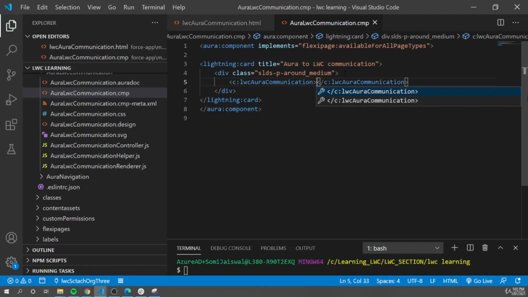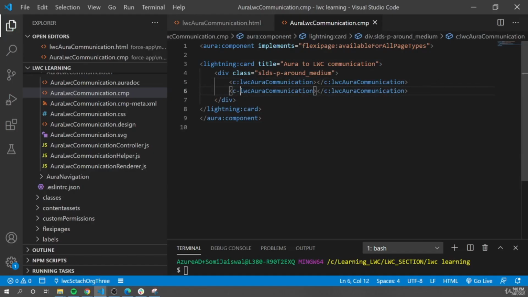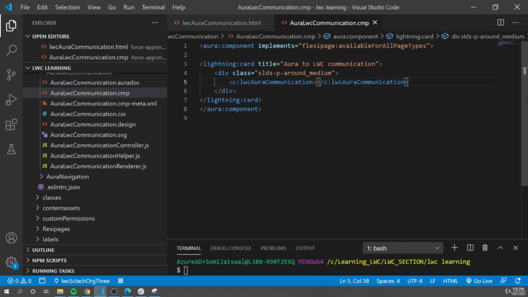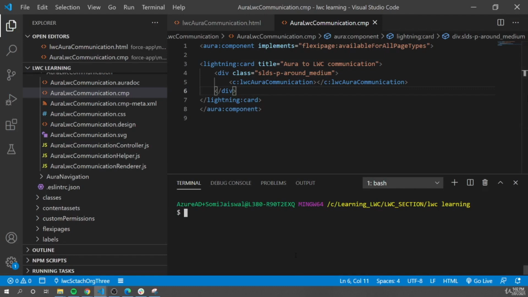and that's it. And in a Lightning web component, how we usually call this, we'll say c hyphen, and we'll replace each capital letter with a small letter and a hyphen, right? But here we'll not change that casing. In Aura, whenever we embed the Lightning web component, we'll keep the name as it is with c colon in front of it. So now both the components are ready, so let's deploy them, and we'll run the same command